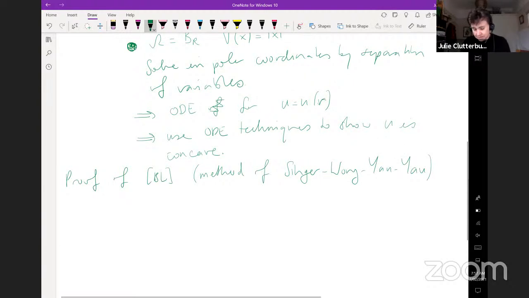As I mentioned, there are many different proofs of this. This is from a paper in the early 80s. There are also some nice proofs of this due to Caffarelli and others. So what we're going to do here is,